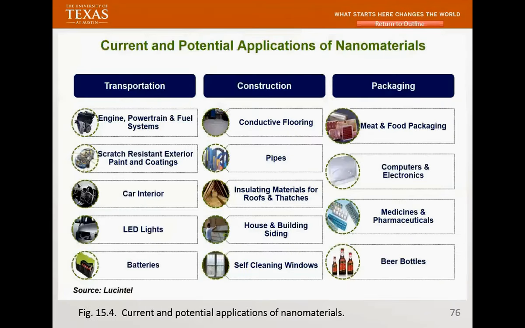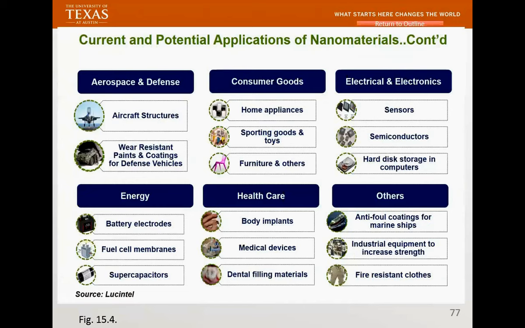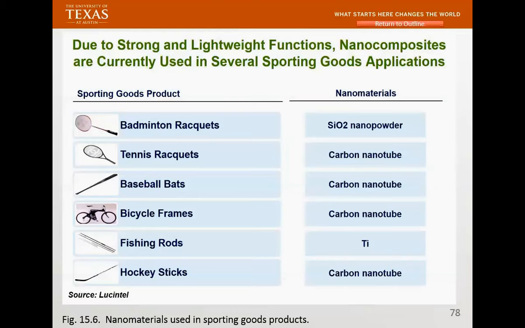Okay, and then he divided by industry sector: transportation, construction, packaging, and that's what is used, currently or potentially, for nanomaterials. And you come down to aerospace. I work on this. Okay, well, I get my share of research money, and I also work on some of the areas of consumer goods like flame retardant nylon. That's one of my areas. Energy and health and other areas. Flame, that's what I work on. Also flame resistant clothing.